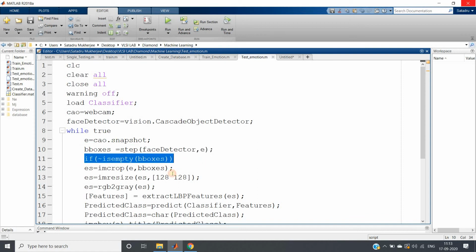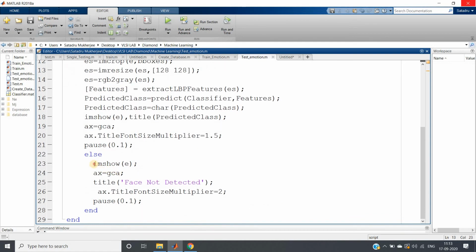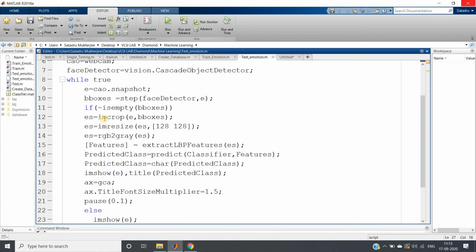If a face is detected we are going to classify; else we show the image with the title face not detected, with a pause of 0.1 for animation purposes. If a face is detected, we copy only the face part, resize it, convert from RGB to gray, extract the features using local binary pattern feature extraction, predict using the pre-trained classifier, and show the predicted class as the title of our image. That's all, the code is simple.